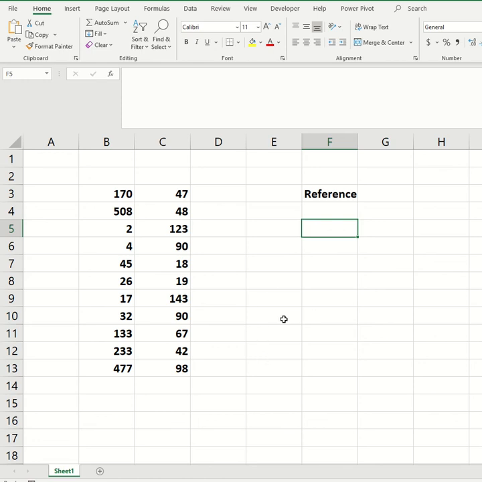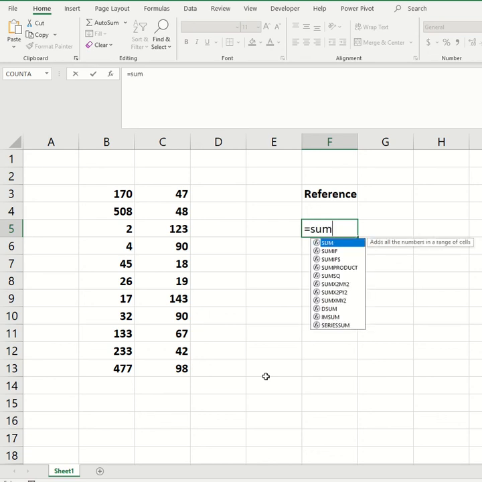Using sum you can sum up all the numbers in a selected or given range. So how can you use the sum formula? As you already know, to write any formula, first you have to start with the equals to button, and then in our case we want to use the sum formula, so you have to type sum.